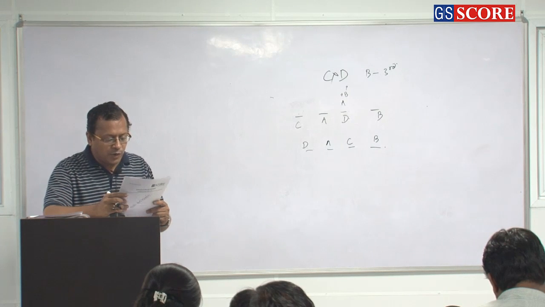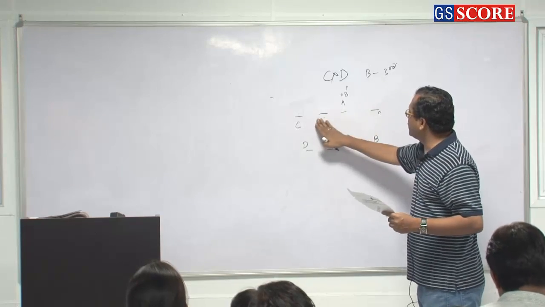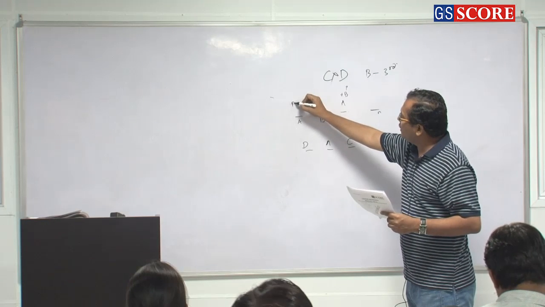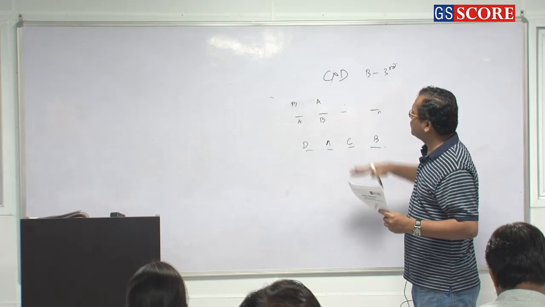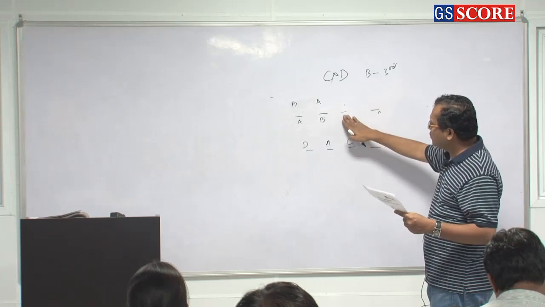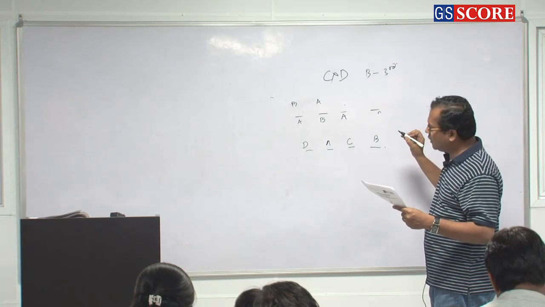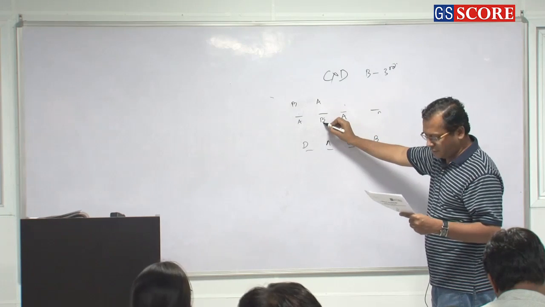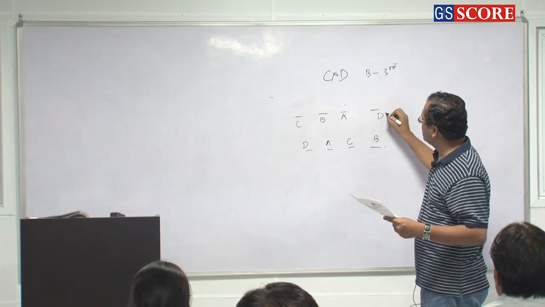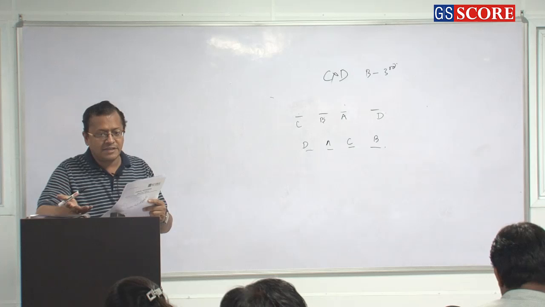If A and B are together, then which of the following must be necessarily true? So if A and B are together, which means either A and B here or B and A here. That is not possible. Then which of the following must be true? If A is at the third place and B has to be together, so B will be here. Then C and D are at this and this place, which means A is at the third place.